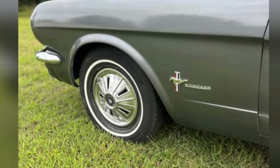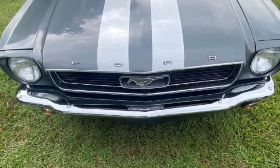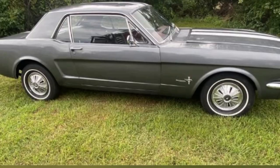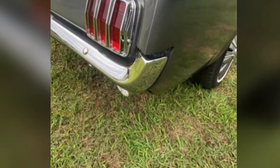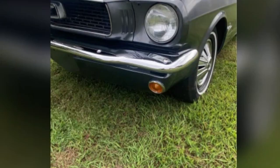Its honest driver-quality presentation adds to its appeal as a usable classic rather than a showpiece. Inside, the cabin is described as clean and in good order, consistent with the car's overall driver-friendly condition. The 1966 Mustang interior was known for its simplicity and functionality, offering comfortable seating and a straightforward layout. This example is not represented as fully restored, but rather as a solid and enjoyable car that can be appreciated